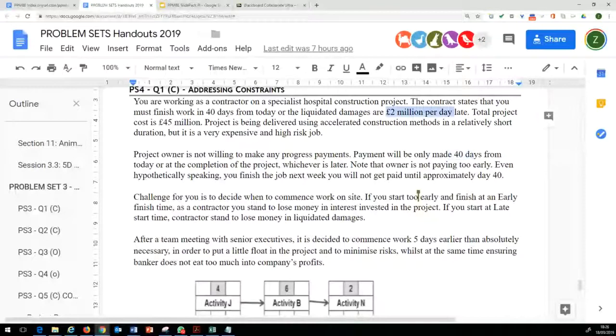This could be money borrowed from a banker, so you could be incurring a huge amount of interest. So there is no incentive for you to get the job done quickly and block such a huge amount of cash. The work should be delivered on time. The challenge for you is to decide when to commence work on site. This is a very expensive job, and a job which requires time accuracy. It has to be completed in 40 days, otherwise there are huge penalties. So you are being asked what is the most appropriate period for you to